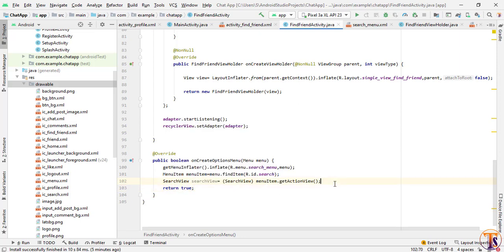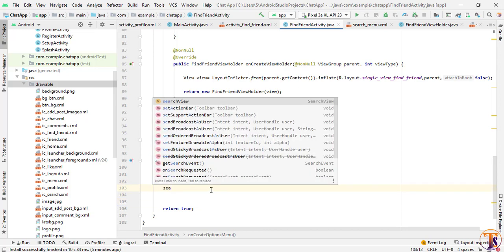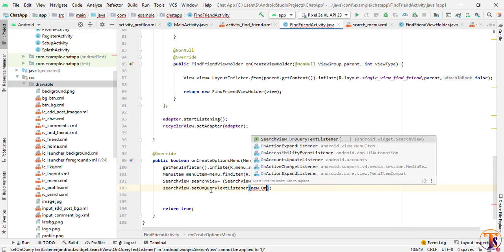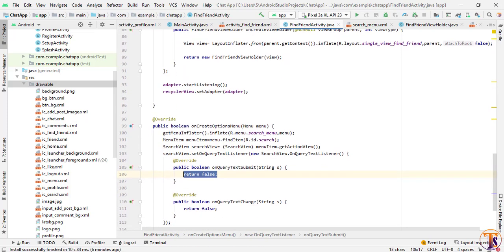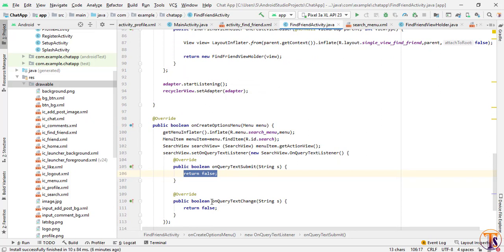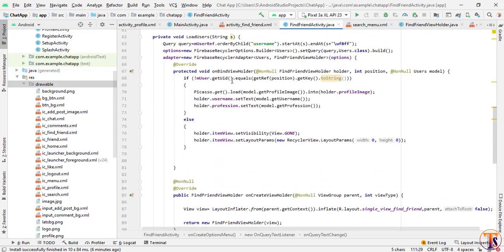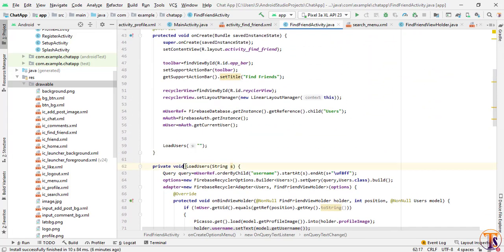Okay, now before this return we have to set up the search view. So searchView.setOnQueryTextListener new OnQueryTextListener. Now in onQueryTextChange, here we will call the method that we have created, which is loadUser.